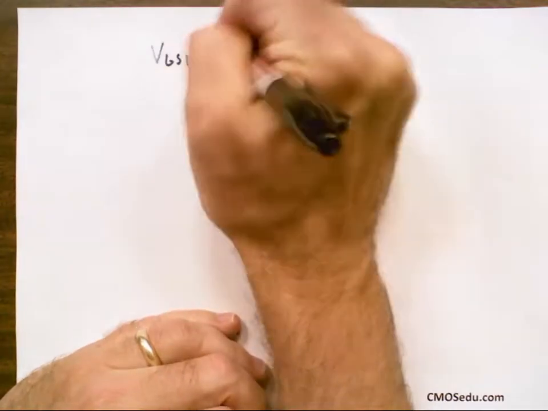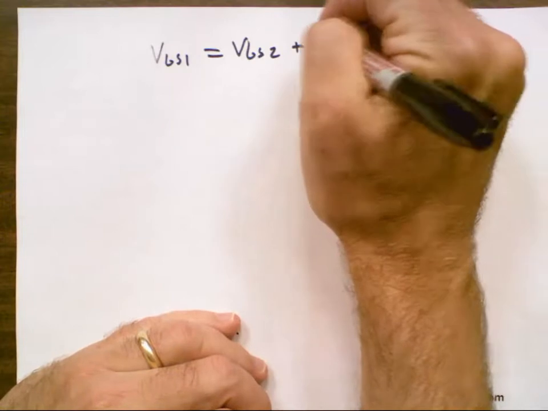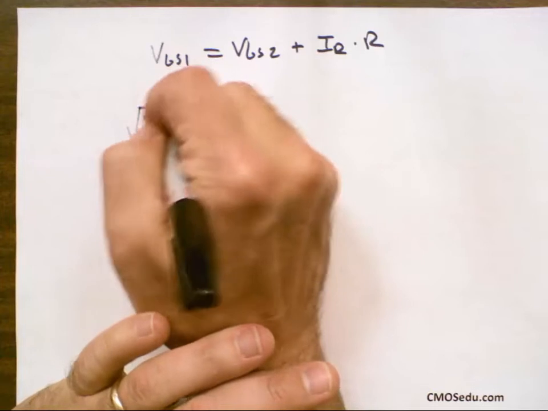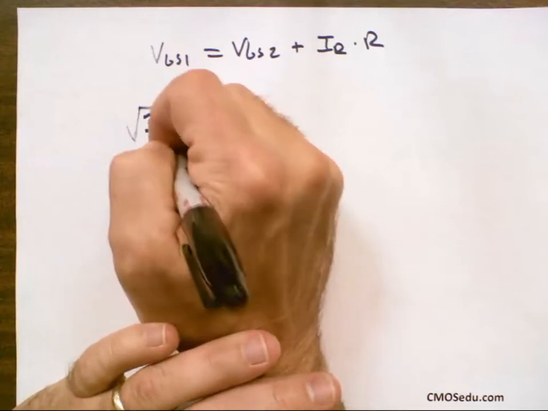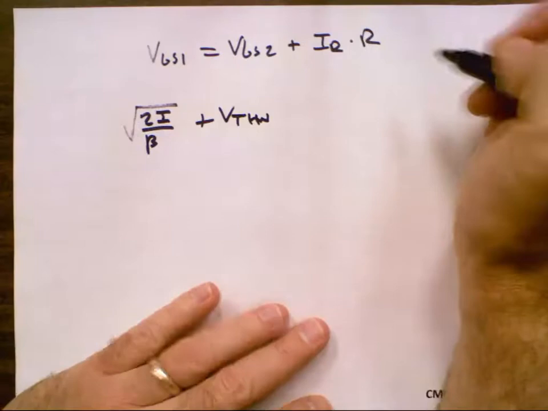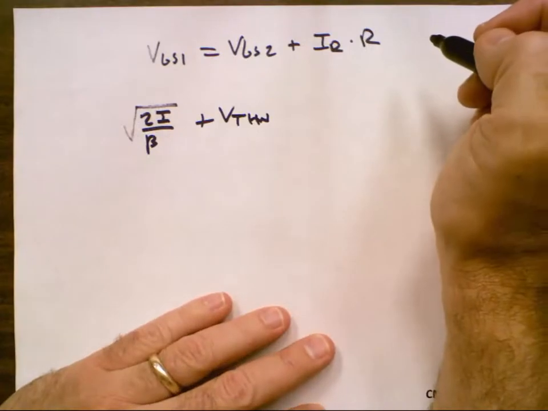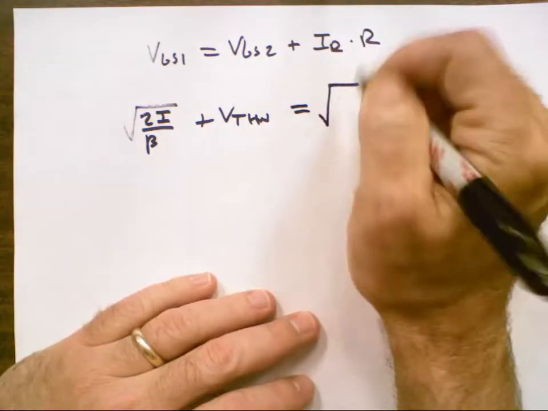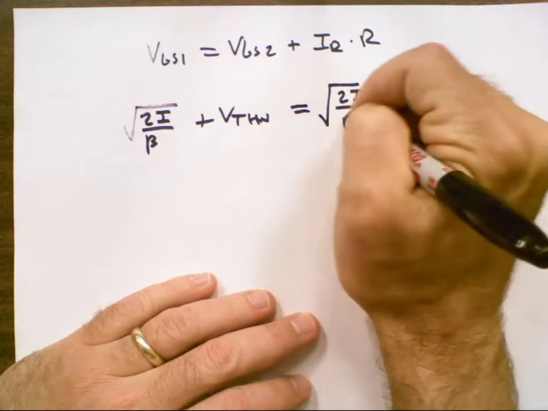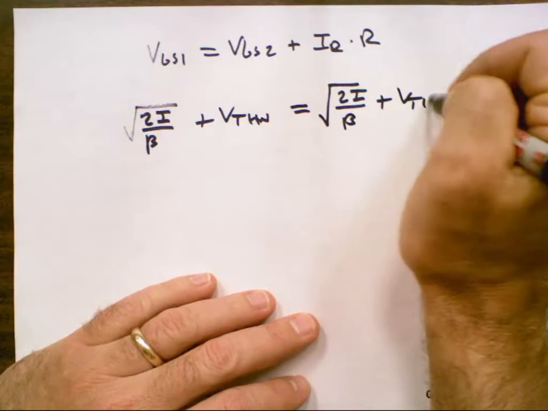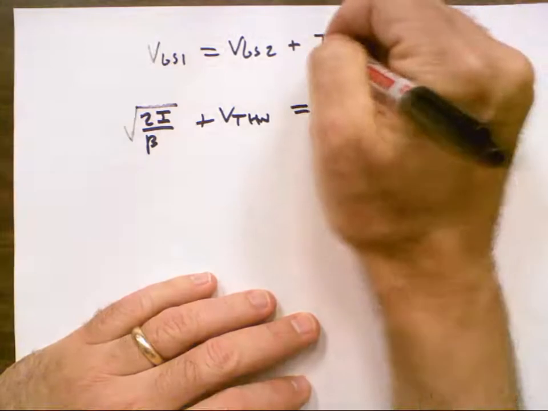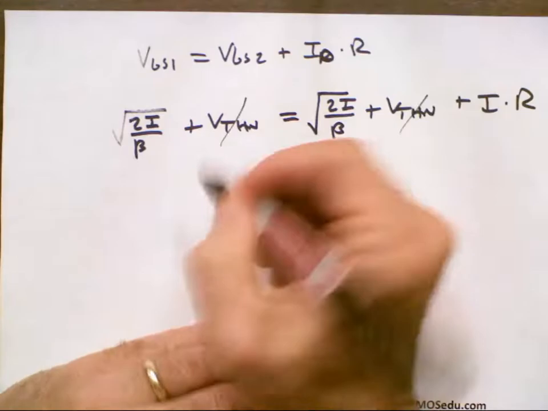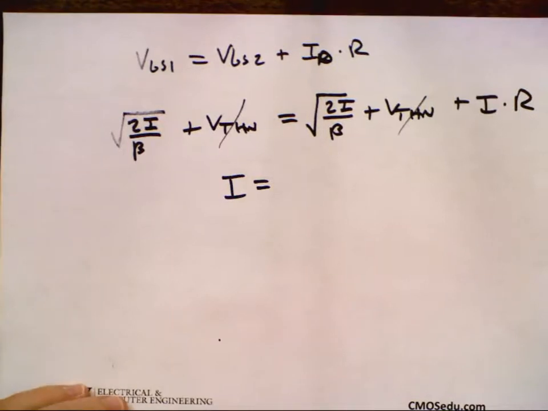VGS1 equals VGS2 plus ID times R. So that's the square root of 2I over beta plus V threshold N. Let me finish it, and then I'll just write down the value for I. Okay, so threshold voltages divide out, and if we solve for this, we get I is equal to